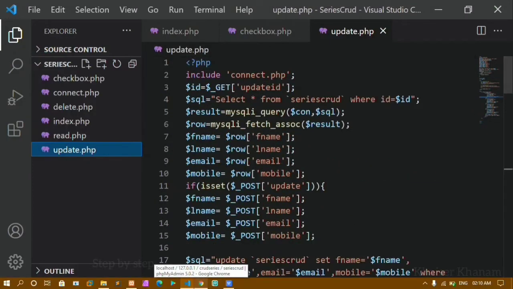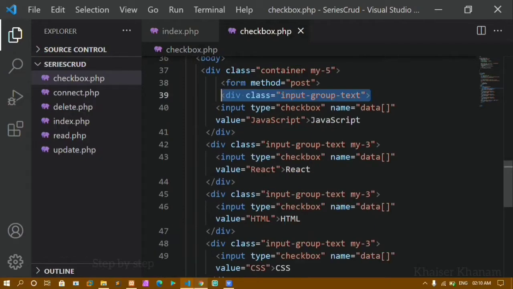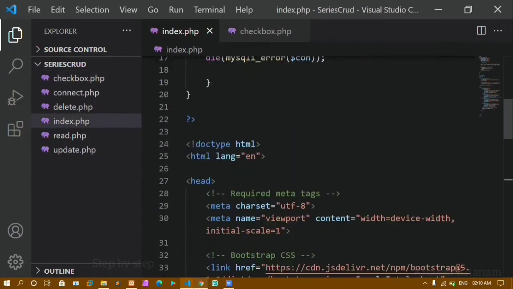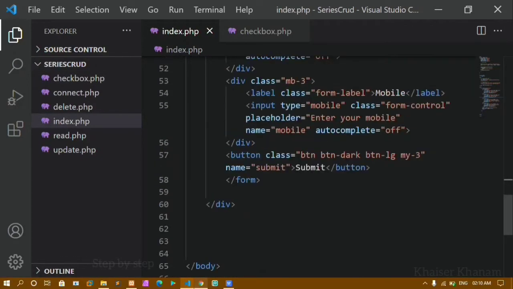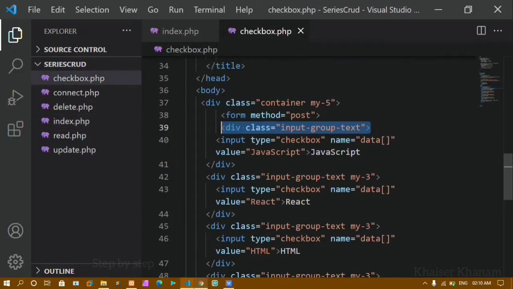I'll come to my project. We have already seen update, how to do this one. Now inside index.php, below this div container, I have to add that one. I have to add the checkbox values. I'll copy this input field from here. I'll copy this entire thing,